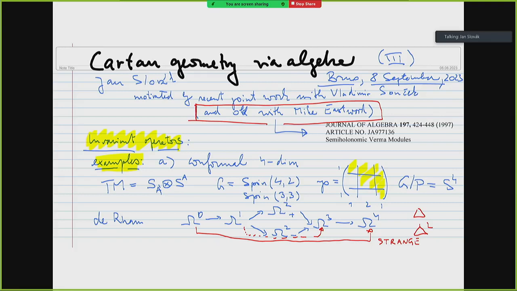And here we have again the exterior derivative, and then miraculously there is still one more operator, the long one, which is strange. The symbol of the operator is the same as the square of the Laplacian, and I will comment on that several times in this talk, because first of all we find out that if you start with any other